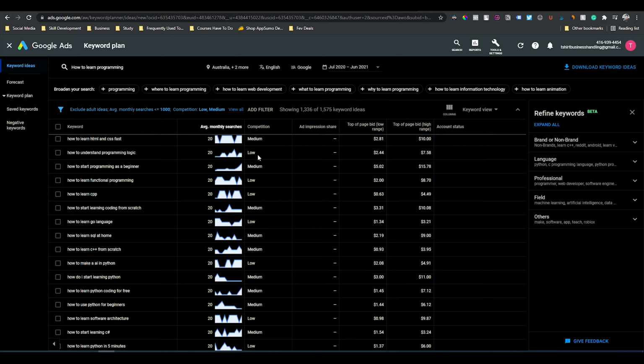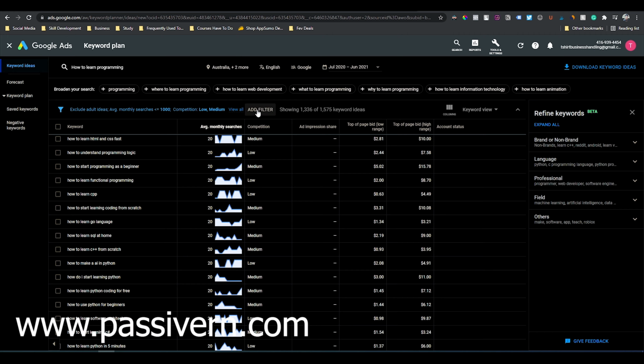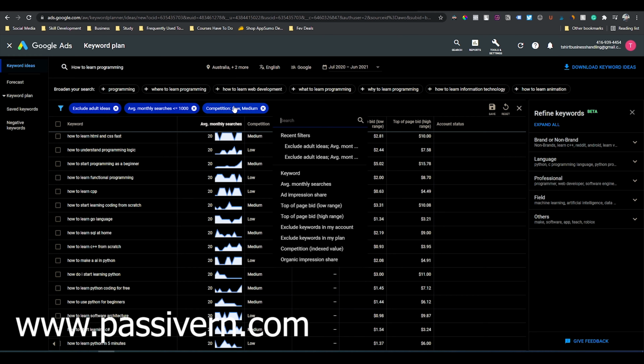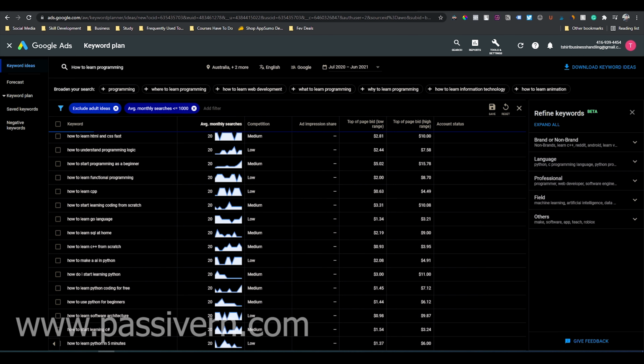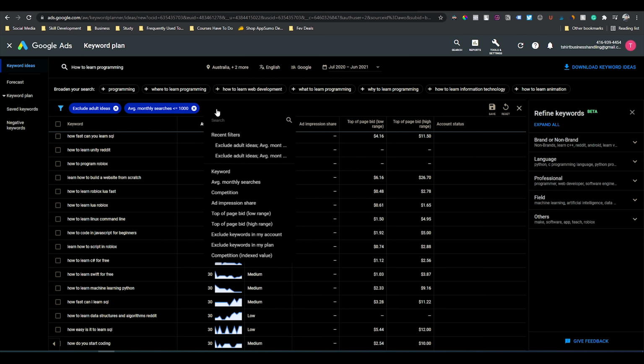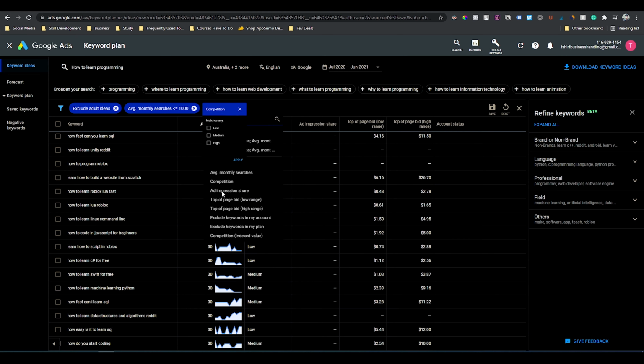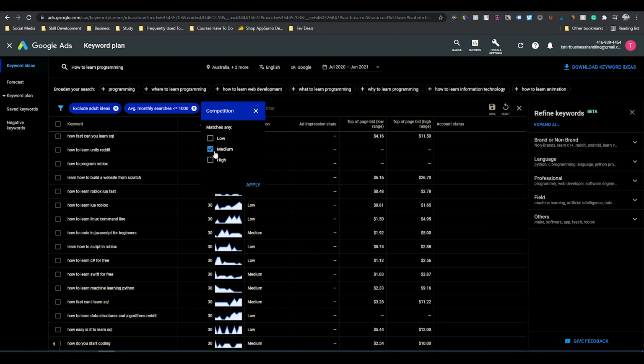You can remove the low competition from the filter here, just cross it and add a new filter. Competition only, select only medium, apply.